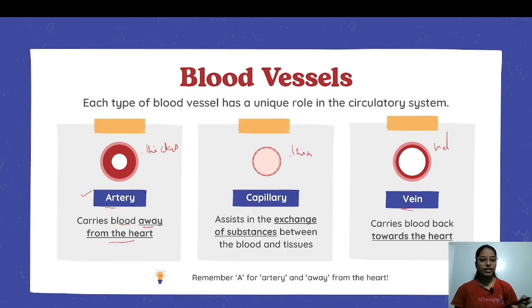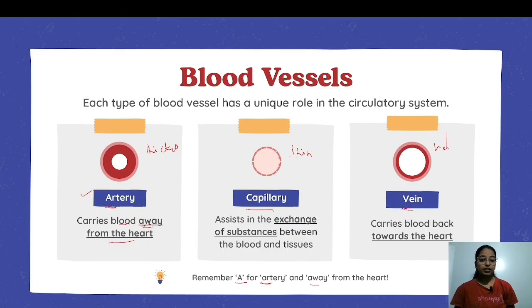That means they bring blood from all body parts to the heart. That is the function of the vein. Now how will you remember that the artery carries blood away from the heart? I have given the trick here. The A for artery: artery carries blood away from the heart. This is the trick to remember. Okay, now